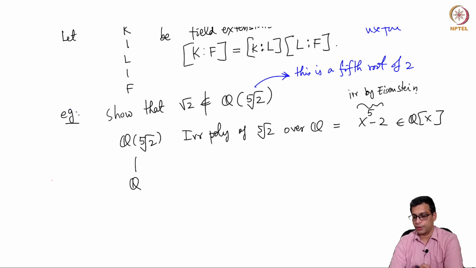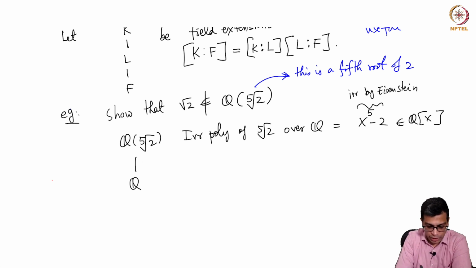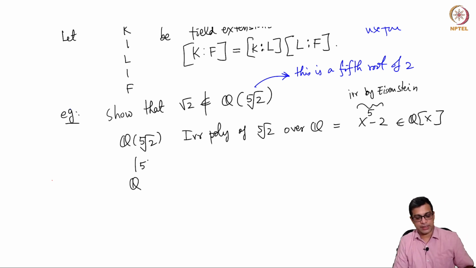which I recalled last time. So this is irreducible and it has fifth root of 2 as a root. It's monic, which usually you take the irreducible polynomial to be, because you can always multiply by a scalar; it will be the smallest degree polynomial having that as a root. So you take the monic one. So this is the irreducible polynomial. That means this degree is 5.